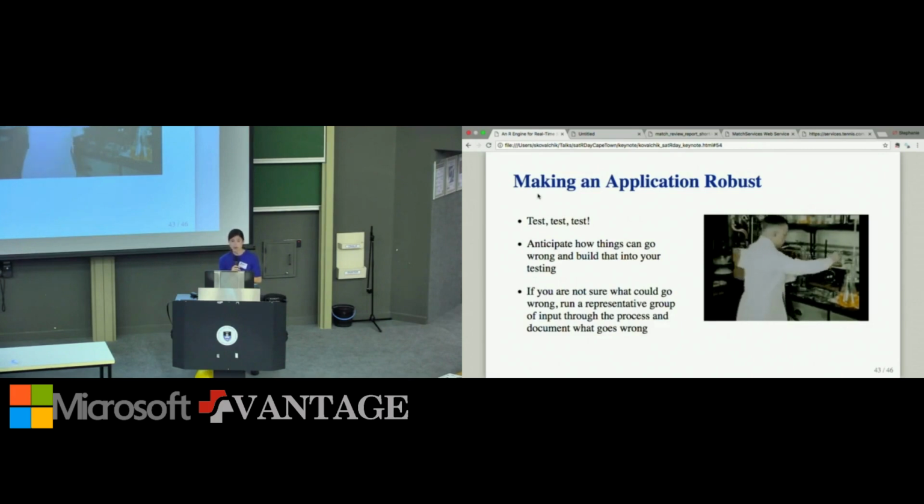Sometimes you can anticipate possible errors. Other times it's hard to know, and you don't want to be in a situation where it happens as the event is going on. If you're unsure how to find it out, I think the best way is to get a representative set of possible inputs that you could see and actually simulate that event to the best you can. So we do massive amounts of simulation prior to any event. It doesn't mean you're going to still identify everything. You still have to be prepared that something new could come up, and how will you respond to it then? But at least you'll know you've made your best effort.